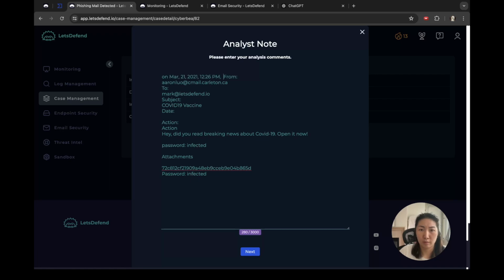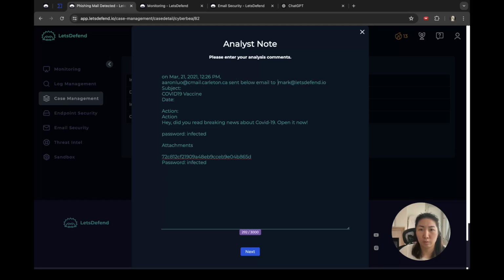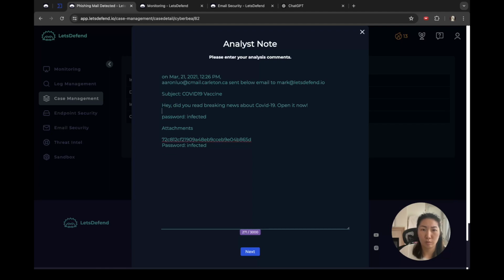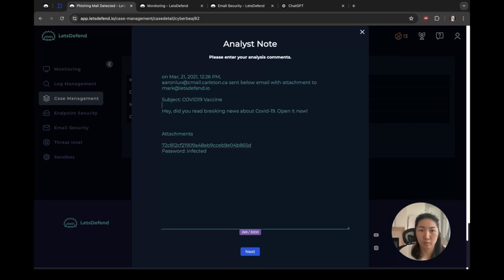on blank, sent below email to attachment. Oops, and then I would say the hash value was inputted into VirusTotal